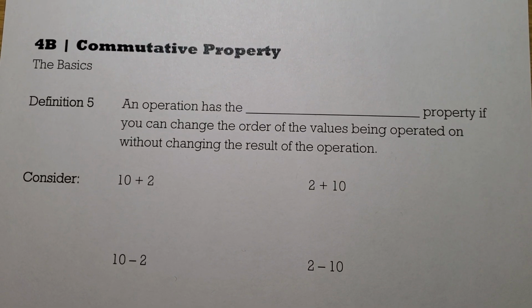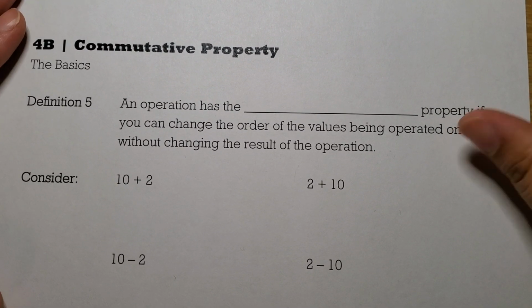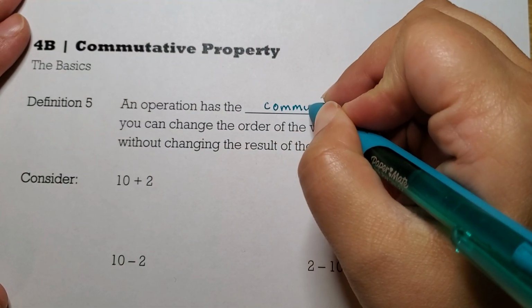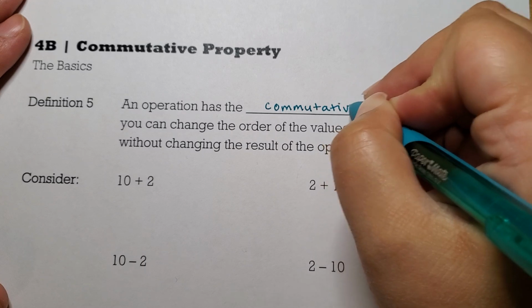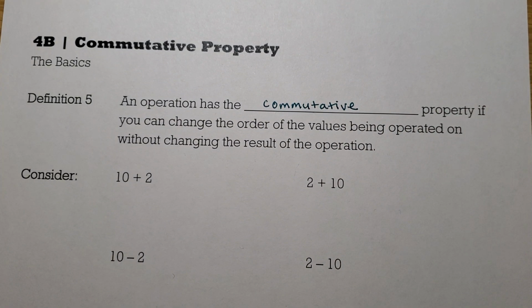I'm Professor Rad, and today we're going to talk about the commutative property. So, an operation has the commutative property if you can change the order of the values that are being operated on without changing the result of